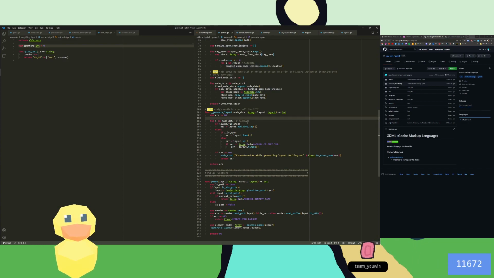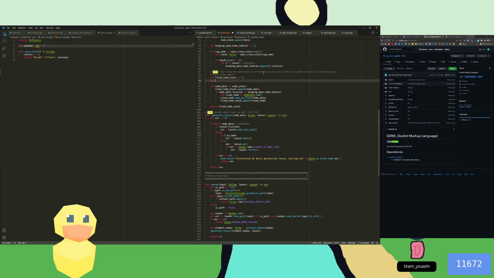So generate layout. Well, let's fix that now. That's not too hard to do. So fixed node stack, and then there's the offset. I think we start with a fixed offset of 1, and then we'll add 2. Insert offset will be equal to